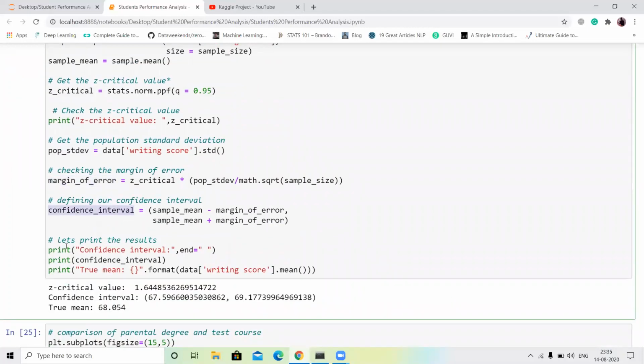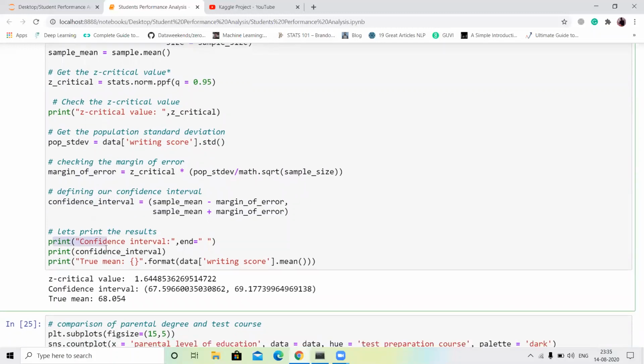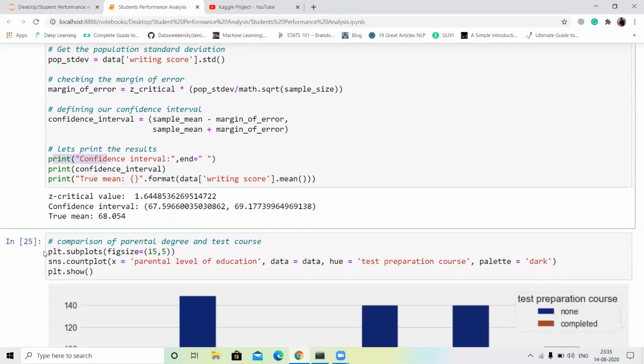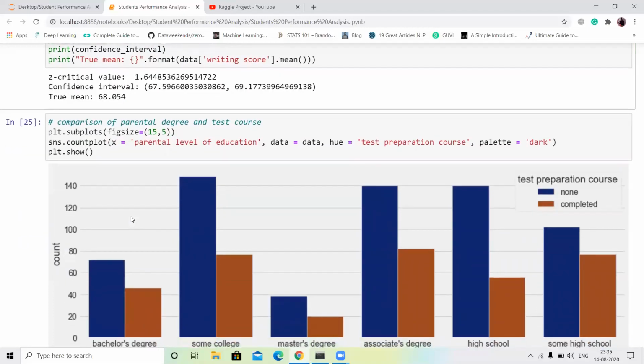And then I print everything: the confidence interval, the z critical, and the true mean. You can see our z critical value is 1.64, the same, and the confidence interval is 67 to 69, and the true mean is 68.054.